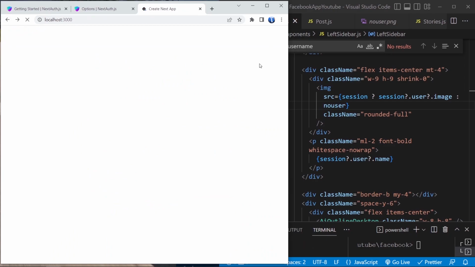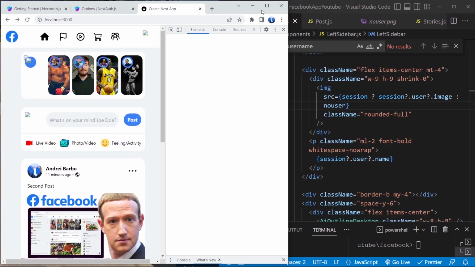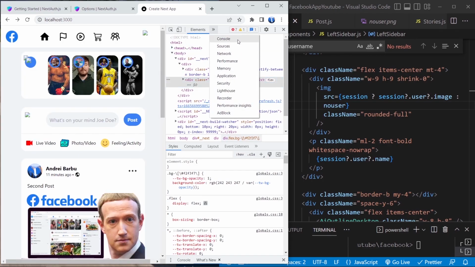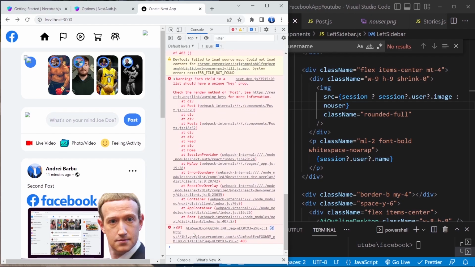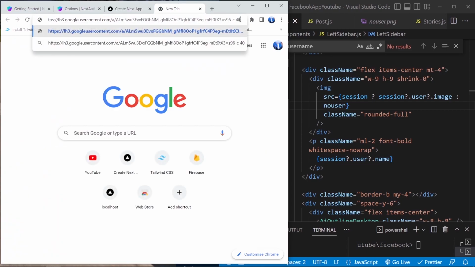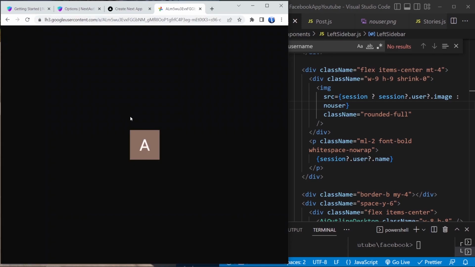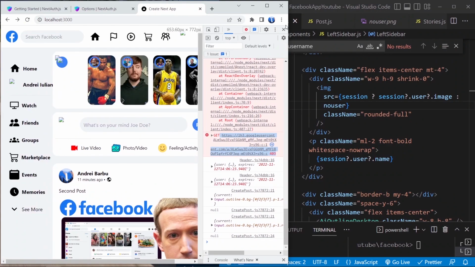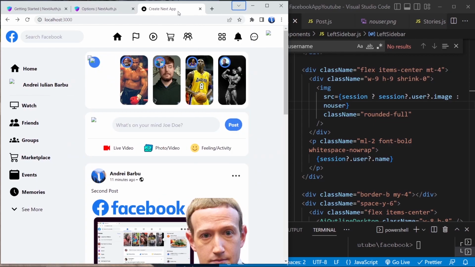Let me go back and let's inspect this. This is annoying because Google does not give us the image, but let's go to console, and here we have the link from our profile picture. So let's copy this and paste it right here. So here we go, we have the image, but Google does not let us show it. Anyway, we're gonna do the same thing with the